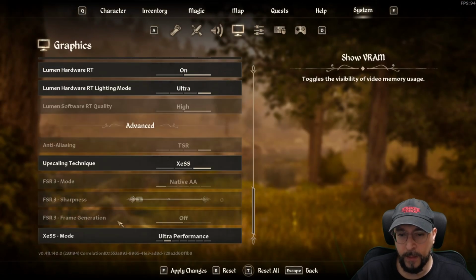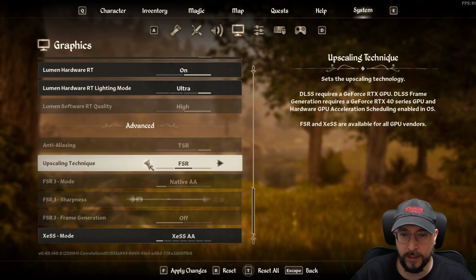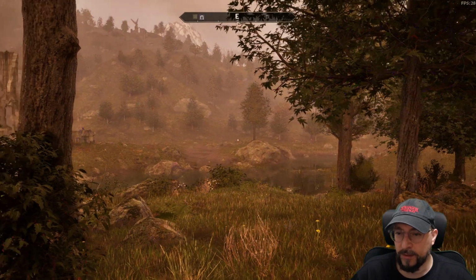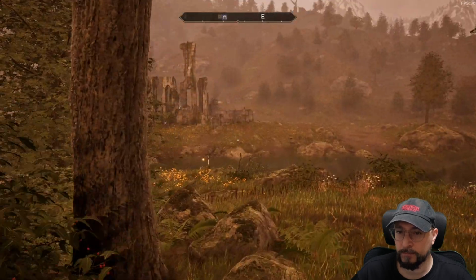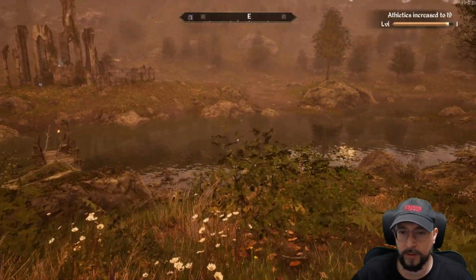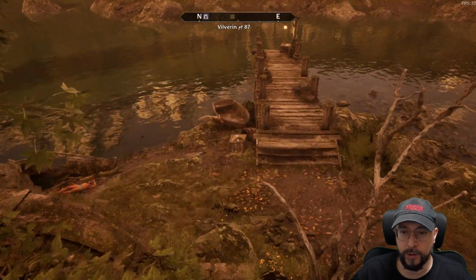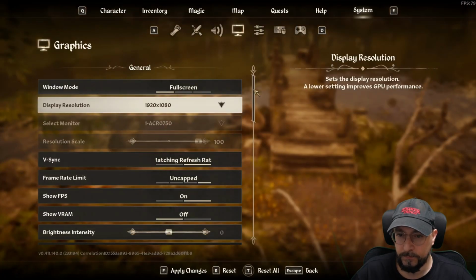FSR native, and I am going to show you how I play the game. Basically, as you can see, this is the best experience, I think, visually, but the FPS look pretty low. It's around the 30 FPS mark, and what I am going to do is I'm gonna go with the high preset, and